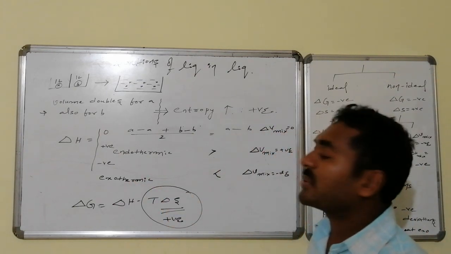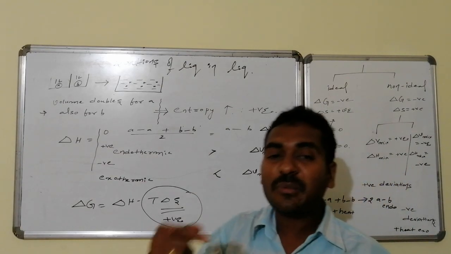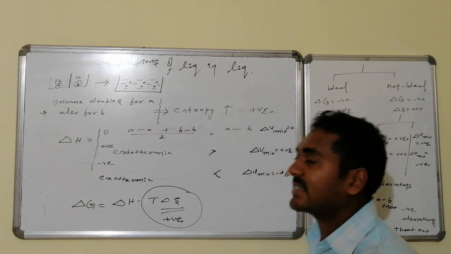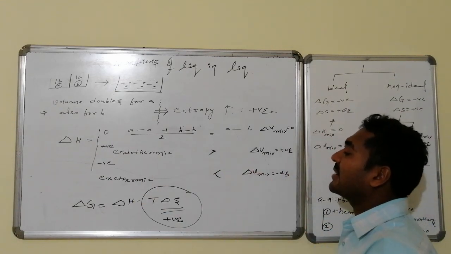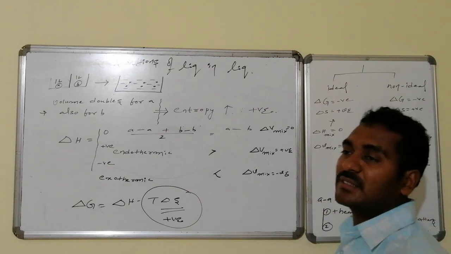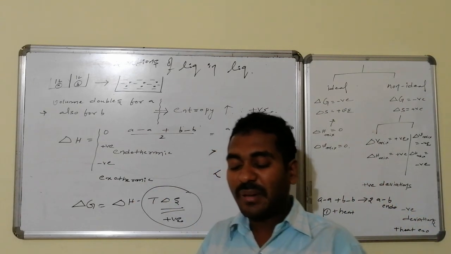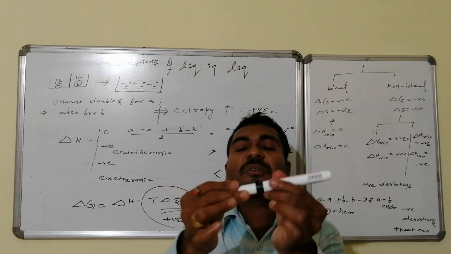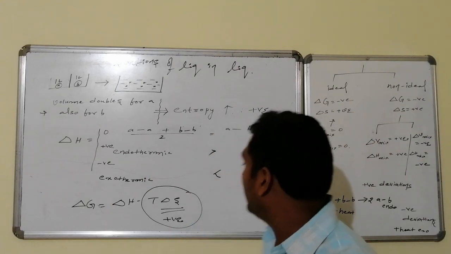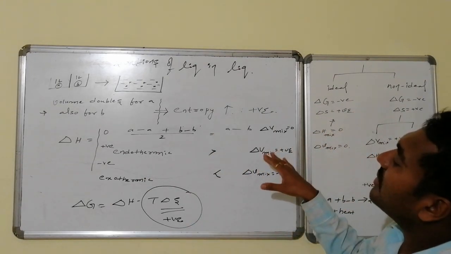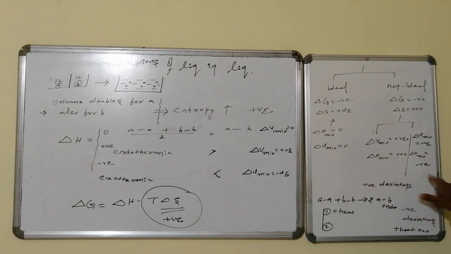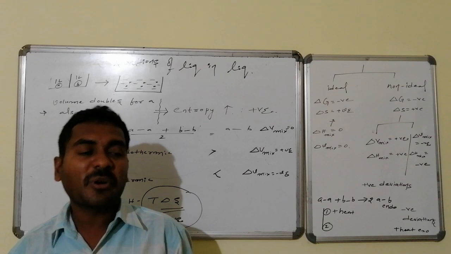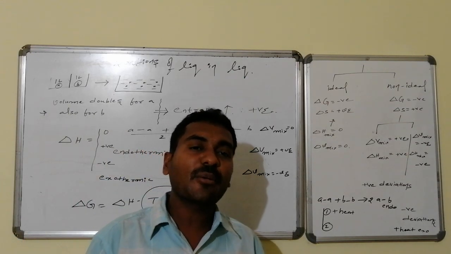Similarly, if it is an exothermic process, it becomes exothermic when the bond strength of A and B, the intermolecular force of attraction, the secondary bond strength, will be stronger. Stronger implies what? More amount of energy will be liberated, hence it is exothermic. Stronger implies those atoms will come closer. Like this they are present in the beginning, now they become very close, implies what? The net volume will be little, so therefore all those combinations are said to be negative deviations containing combinations. This is the reason why the intermixing is spontaneous, though it may be ideal or non-ideal.